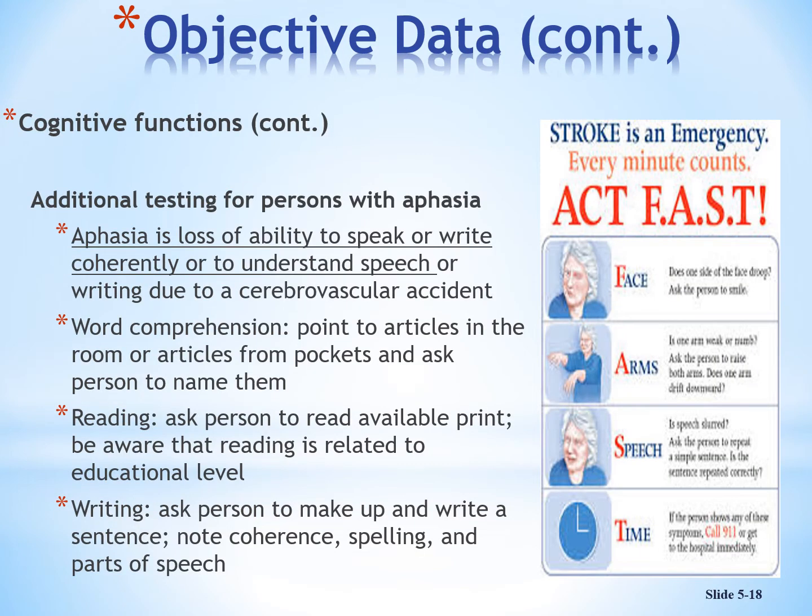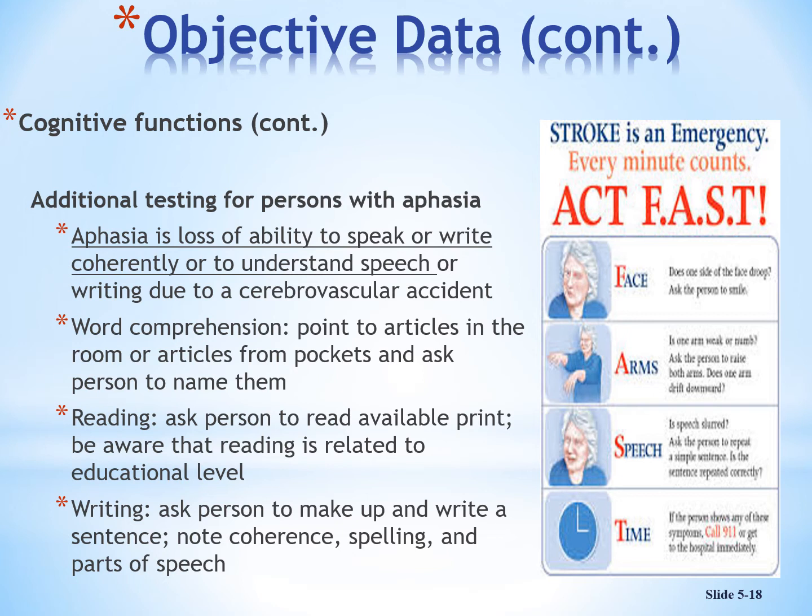So we also look at additional tests that we can do for a person that has aphasia, right? So this is a person that may have had a stroke. We ask them to maybe read something, to write a sentence, to see if they have some comprehension, and to make up a sentence and write it as well. And at this time, just to remind you about stroke, we use the mnemonic FAST: face, arm, speech, and time.